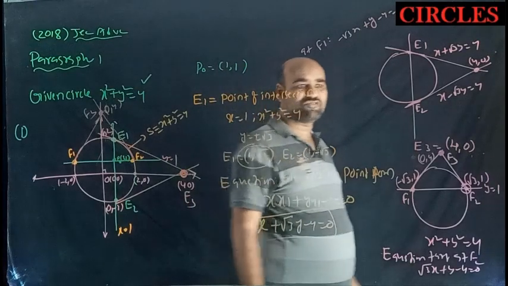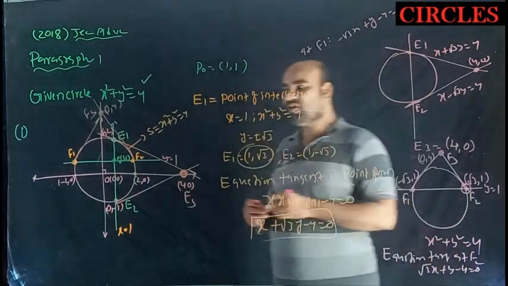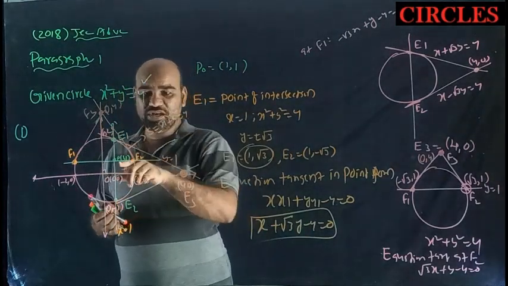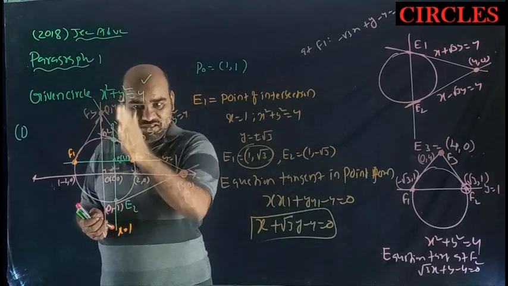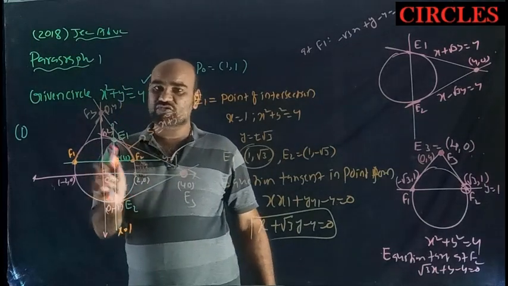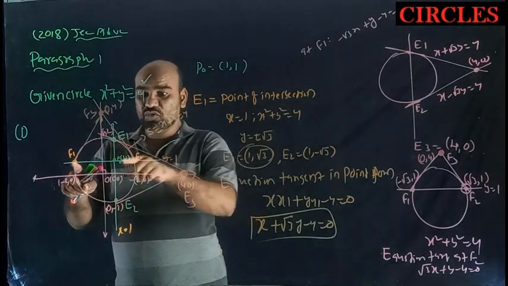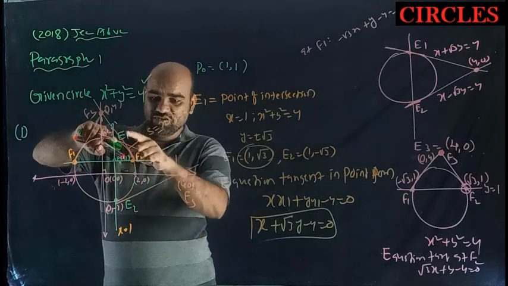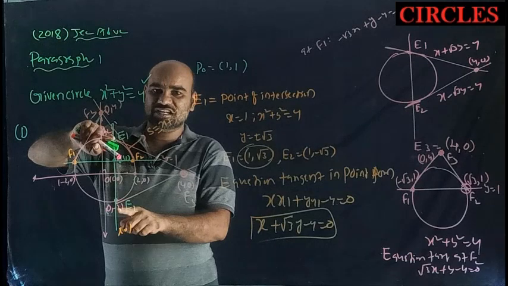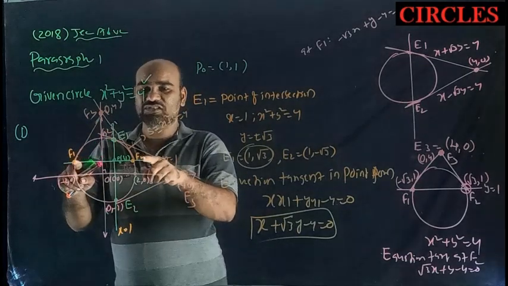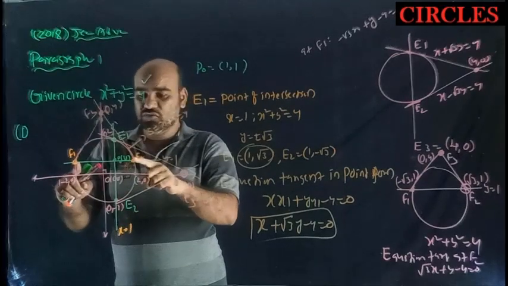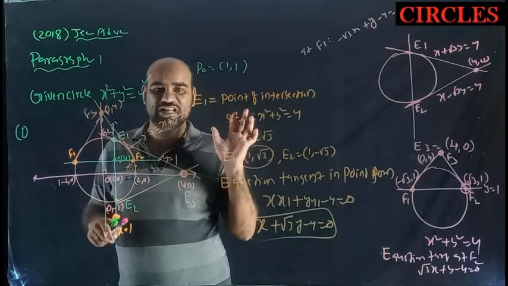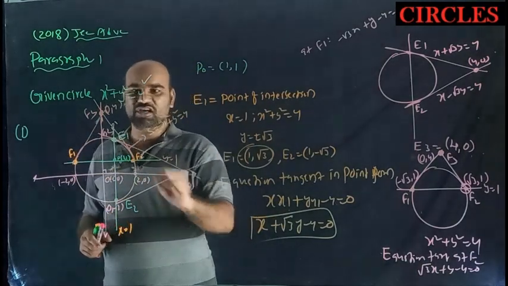Now you have the E3 coordinates and the F3 coordinates. Now I want to read again the given information. First of all, x square plus y square equal to 4 is a circle. P naught 1 comma 1 is the interior point. Through P naught a straight line is drawn parallel to the y-axis, 1 unit from the y-axis, named x equal to 1. Through this point another line is drawn parallel to the x-axis, which is y equal to 1. So E1E2 is one chord of the circle S equal to 0, and F1F2 is another chord. Through these points tangents are drawn and the meeting point is named F3. Through the other two points tangents are drawn and that meeting point is named E3. Okay, E3 and F3 are found.